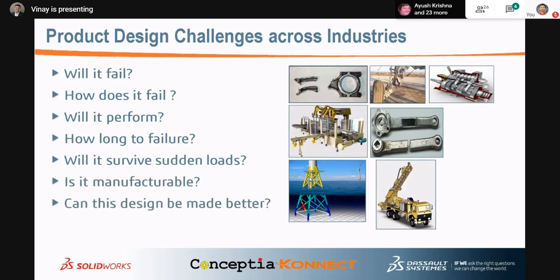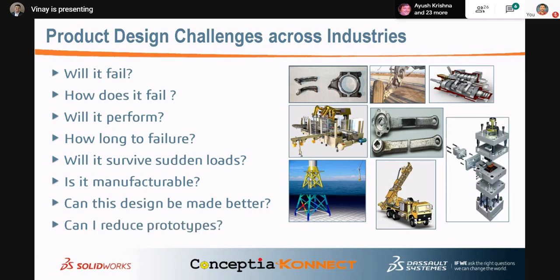Is it manufacturable? Can this design be made better? Can I reduce prototypes? These are the main challenges the industry is facing. So you have to prepare for these challenges. And if you do, the company door will be open for you.